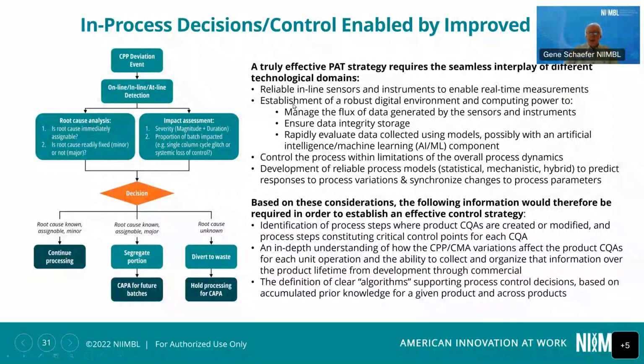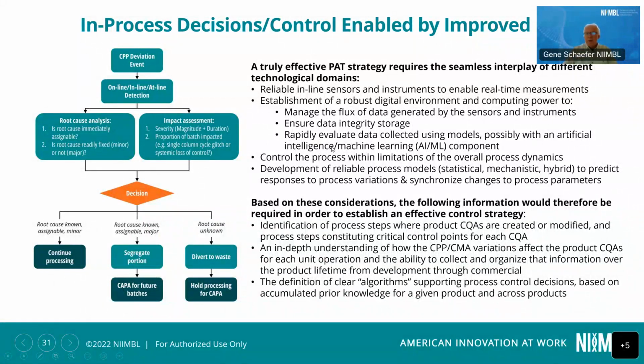But that needs to be inserted into a robust digital environment so that you can manage the data, enable the data to be stored in an easily retrievable manner that's hopefully consistent across sites, and the ability to rapidly evaluate that data, comparing it to past history, whether coming from process characterization or process characterization enriched by all of the process data that has been generated in between those early studies and when deviation may occur,